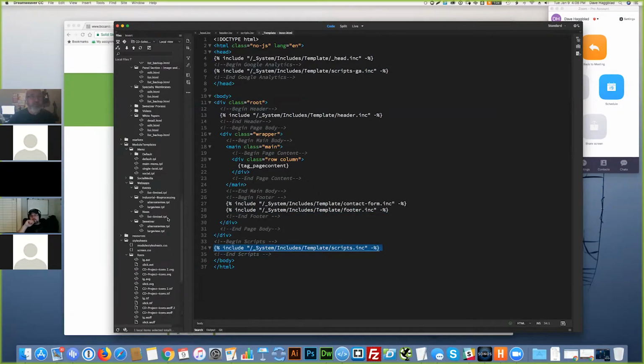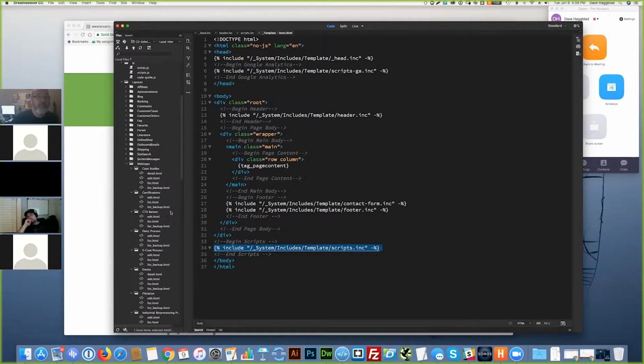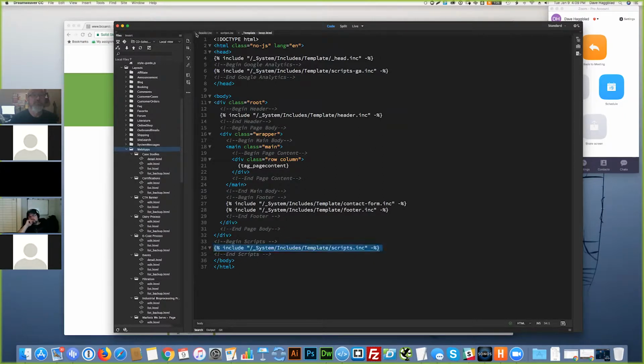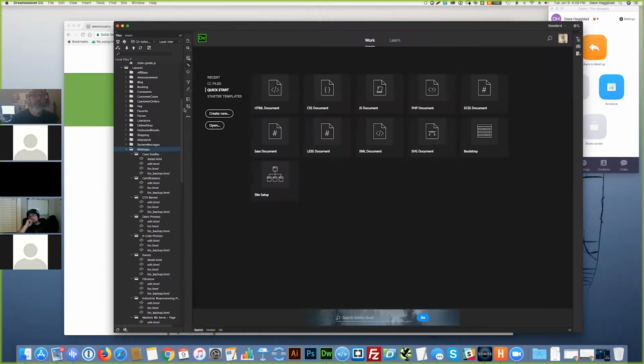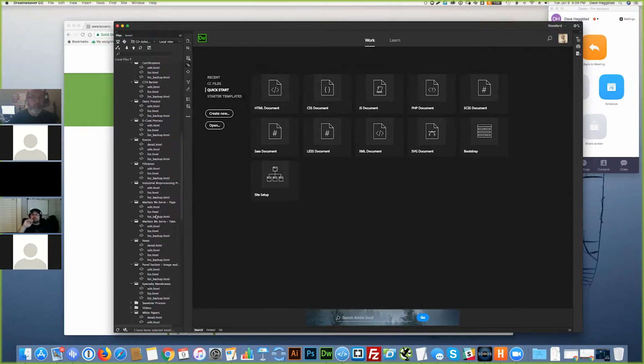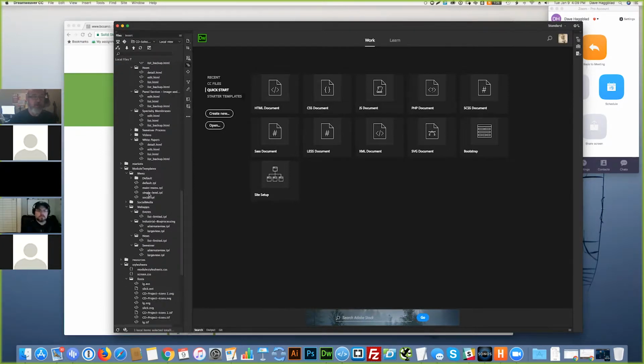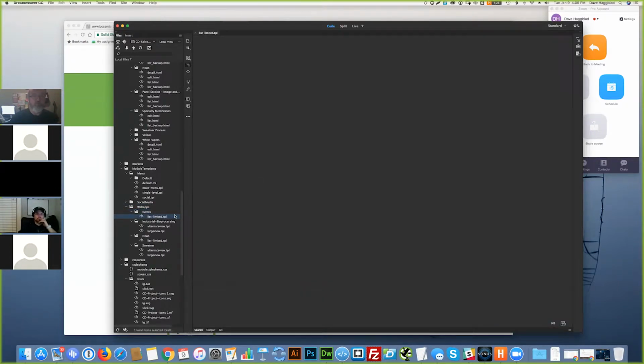When you get to TPL files, that's typically for modules. So we try to keep our web apps, for instance, let's close all these up. You can see here we've got a case studies web app, and there's a list view and a detail view. We don't put our TPL files within these folders. We put them under module templates and then web apps, and then you can see I have an events web app, so I have a list limited. So if I open that,